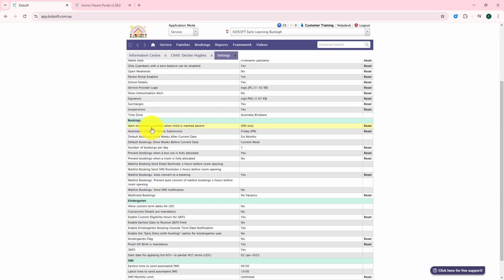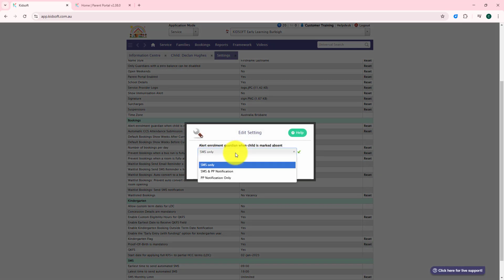You're then going to find the setting Alert Enrolment Guardian when the child is marked absent. And there are three options to select. If you select the SMS and parent portal notification, this means when marking a child absent using the absent reason other on the current day, the enrolment holder will be sent both an SMS and a parent portal notification to